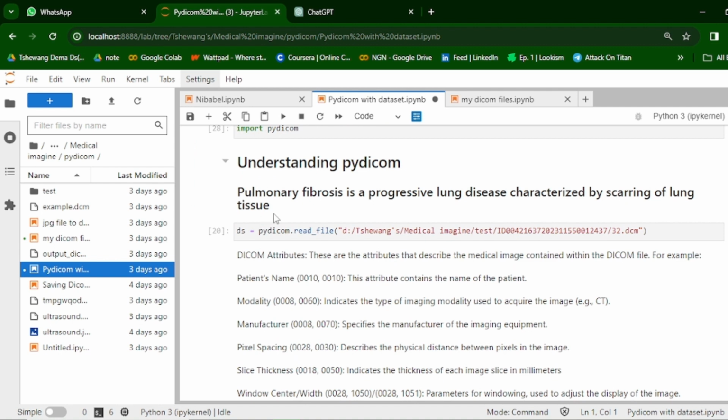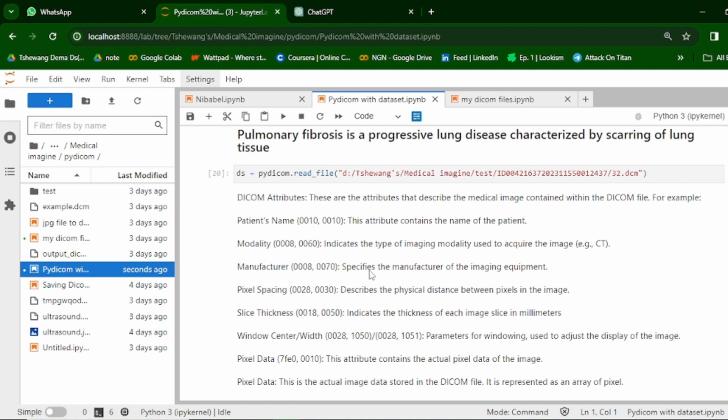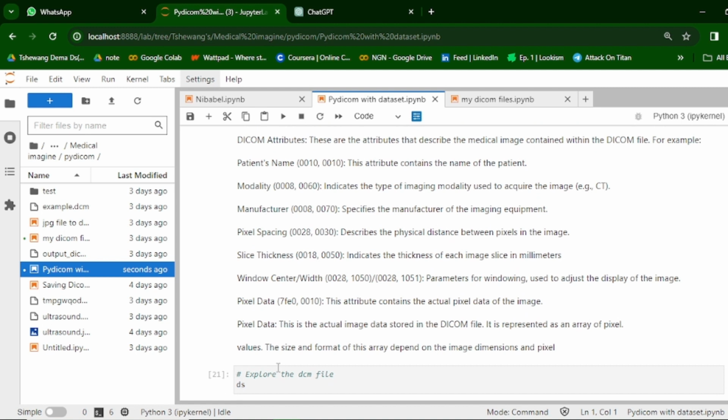Pulmonary fibrosis is a progressive lung disease characterized by scarring of lung tissue. I have read this medical image, this DICOM file. It is a dataset I got from Kaggle as a DICOM file. If you search Kaggle for a DICOM dataset, you can get one there. These are some of the DICOM file information like DICOM attributes, patient name, modality, manufacturer, pixel spacing, slice thickness, window center and width, pixel data and values. You can find these in the DICOM